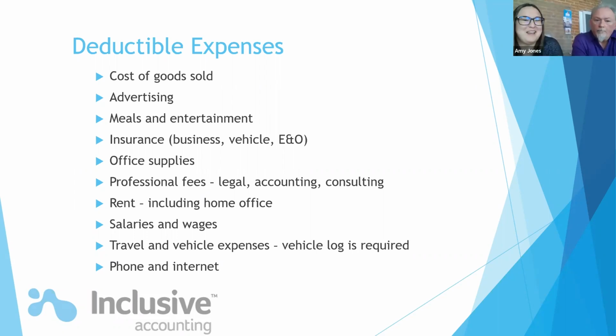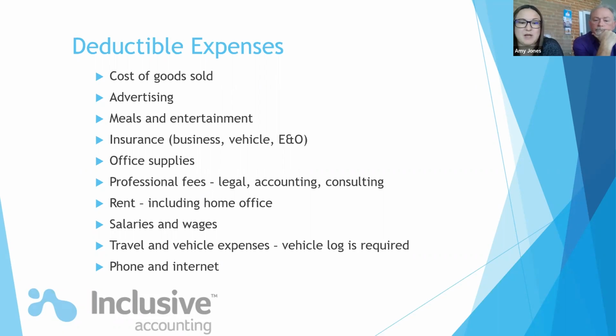Okay. So next is going to be our deductible expenses. Sometimes business owners ask us, well, what is actually deductible from my business income? These are things that directly relate to the income that you're generating. So cost of goods sold, you can deduct any advertising, meals and entertainment when you're taking out clients, any insurance, business, vehicle, errors and omissions, office supplies, professional fees, rent, including some of your home office, salaries and wages, any